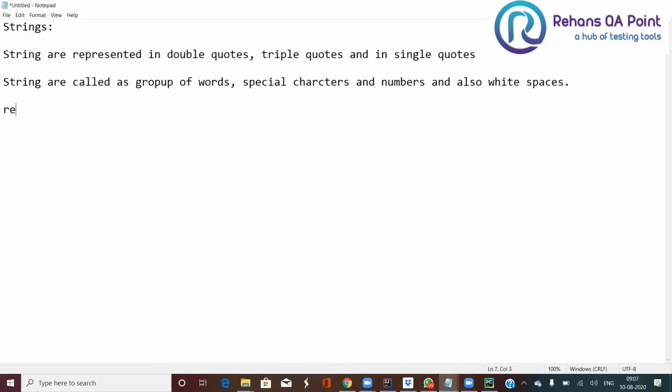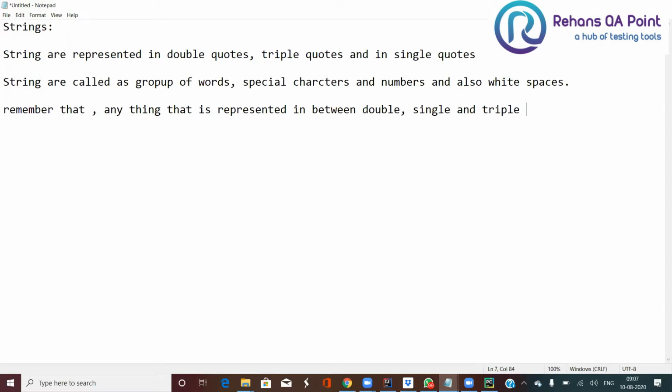So remember that anything that is represented in between double, single, and triple quotes, we represent them as a string only.